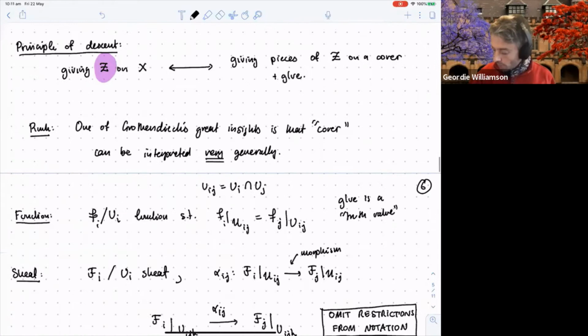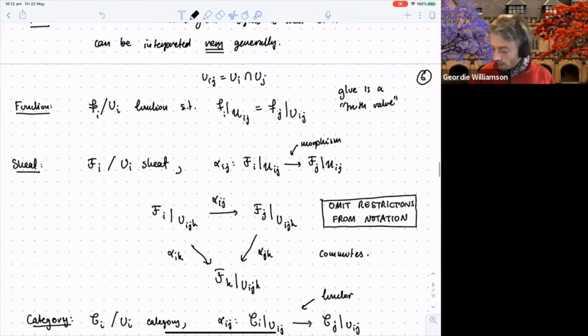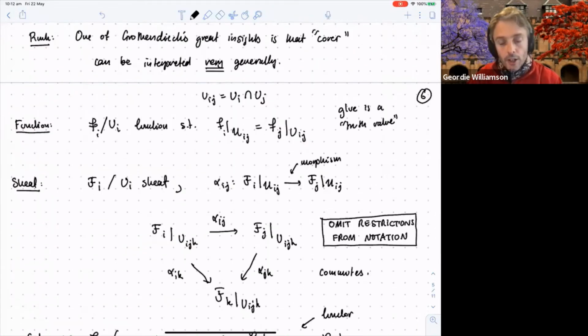And of course, as we're all familiar with, when we go to sheaves, the notion of equality is replaced by a morphism of sheaves. So now this is a morphism in a category, and we can ask whether morphisms in categories are equal. And so we get the gluing data for a sheaf, which is a collection of morphisms associated to every pairwise intersection of open sets. And there's one condition, namely the commutativity of this diagram.